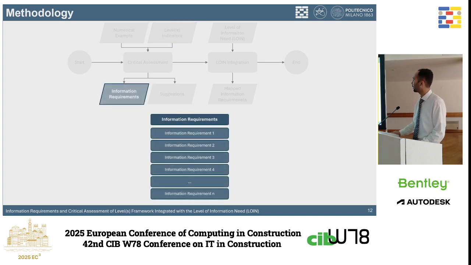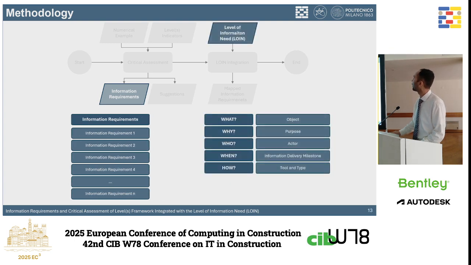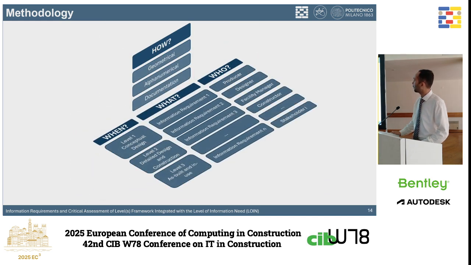And then after critical assessment, we will have a list of information requirements for this level framework, and then to integrate it with level of information need, we just want to answer these 5 simple but important questions of what, why, who, when, and how to provide those information. So the final result would be something like this, a mapping between the information requirements and other aspects. For example, for the conceptual design, we may require information requirement 1 and 2, which should be provided by the designer and constructor in terms of geometrical and alphanumerical